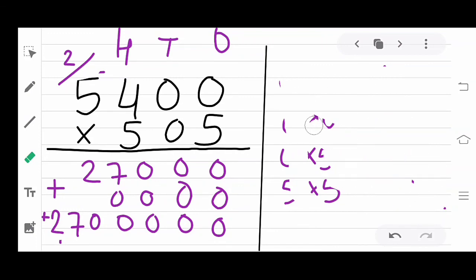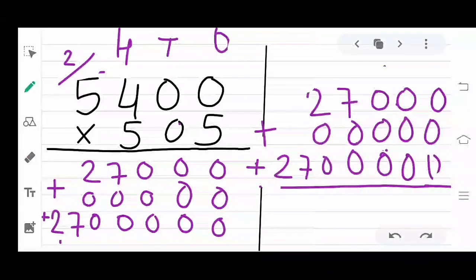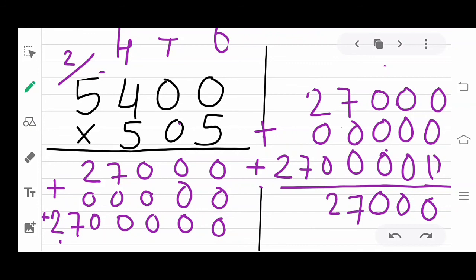our final answer. I hope students now you are. We added these sums, students. 0 plus 0 plus 0. I hope you know that how to add these sums, as we already know how to add. And here 2 and 7. So our final answer is 27,27,000. Students, as I am going to tell you that how many of you are trying to do practice at